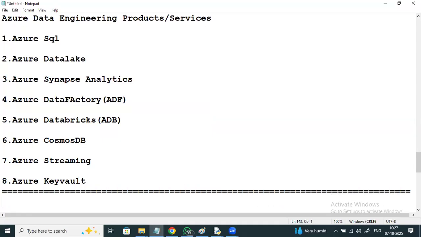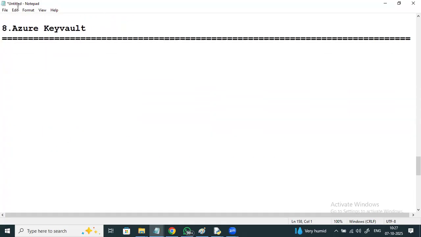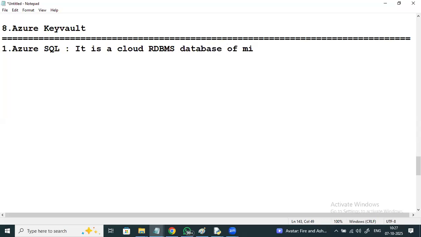Azure SQL is a cloud RDBMS, a cloud database of Microsoft in Azure.